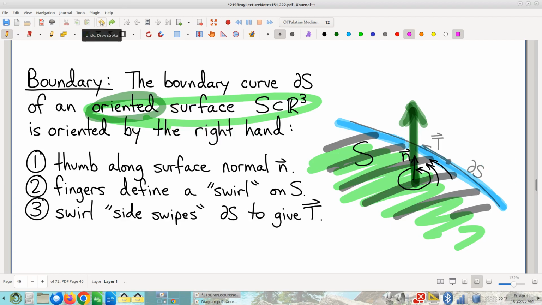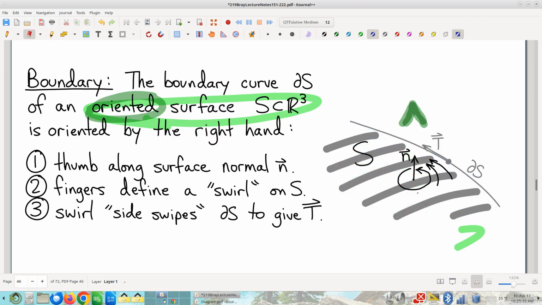There we go. Okay, so that boundary is a curve, and we have the question before us, which is, on that curve, which direction are we going to call the positive direction along the curve? How is that curve to be oriented? And we have a rule that helps us answer this question. Again, arbitrary, again, standard. The big idea is, and let me try to clean up the mess I have here. The big idea is you take your surface